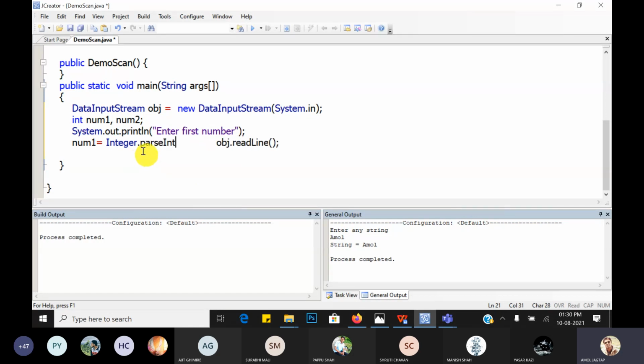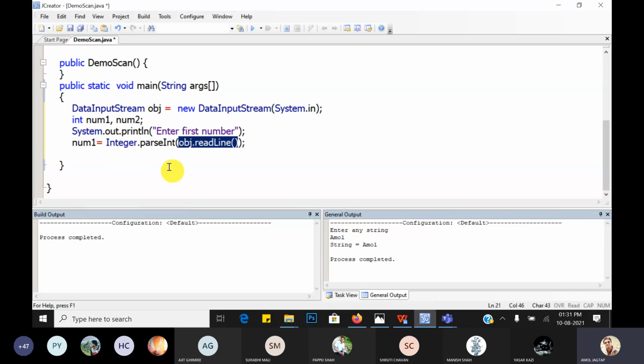So parseInt: p is small, this is the name of the method, and the consecutive word I is capital. Object.readLine scans the string, so we have to parse that string into an integer by using the Integer.parseInt method.